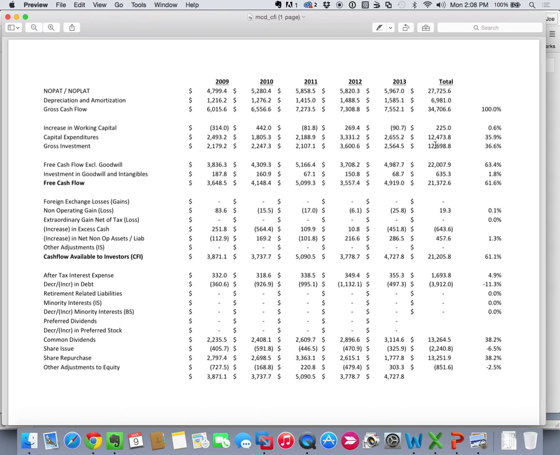So you could have said something like gross cash flow of about $35 billion over the last 5 years. They reinvested $12.67 billion, which gave them a 37% reinvestment rate before acquisitions. Didn't do much in the way of acquisitions, ended up with a 38% reinvestment rate with acquisitions. They didn't really have a lot of non-operating items, so $21 billion of free cash flow gave them $21.2 billion of CFI. They issued $4 billion worth of debt. They bought back $13 billion worth of stock, and they paid out $13 billion worth of dividends. So really, those were the kind of key highlights of the CFI that you should have been referring to.